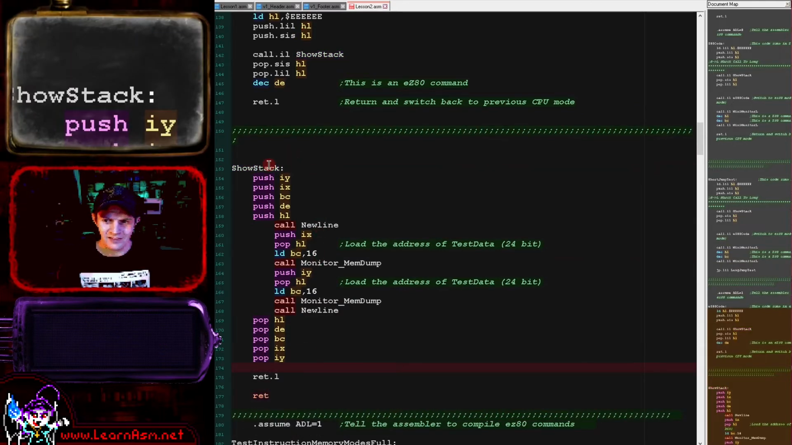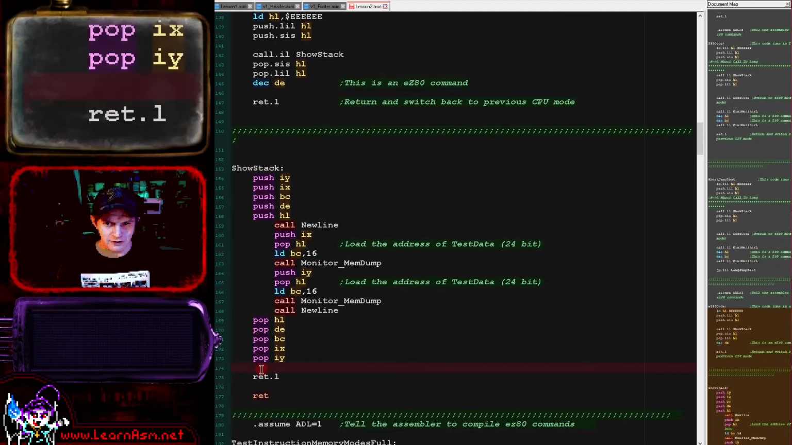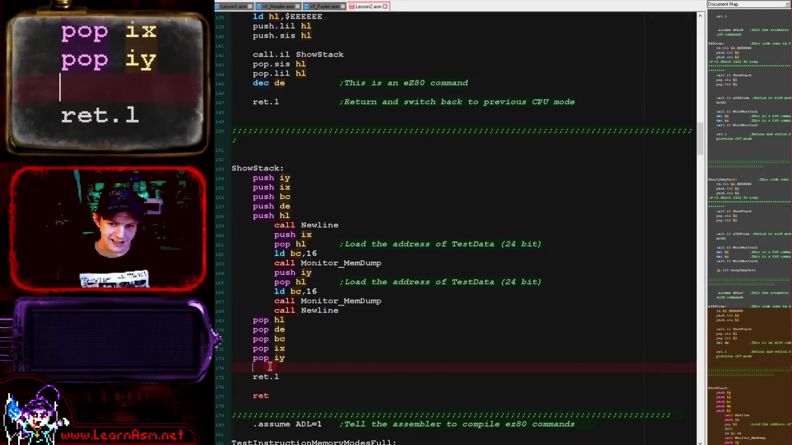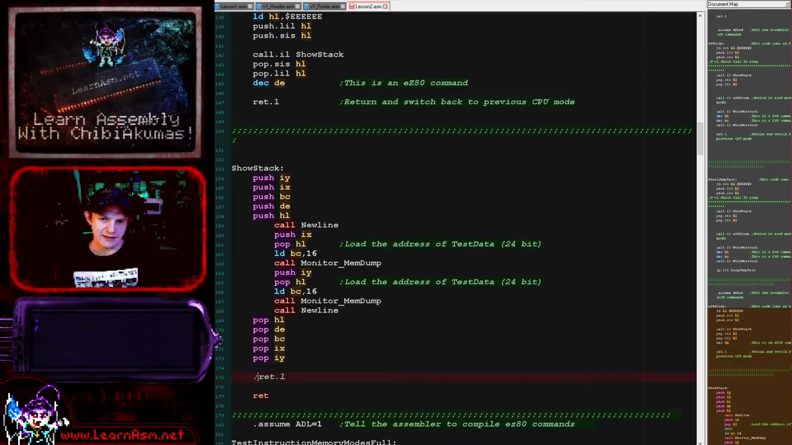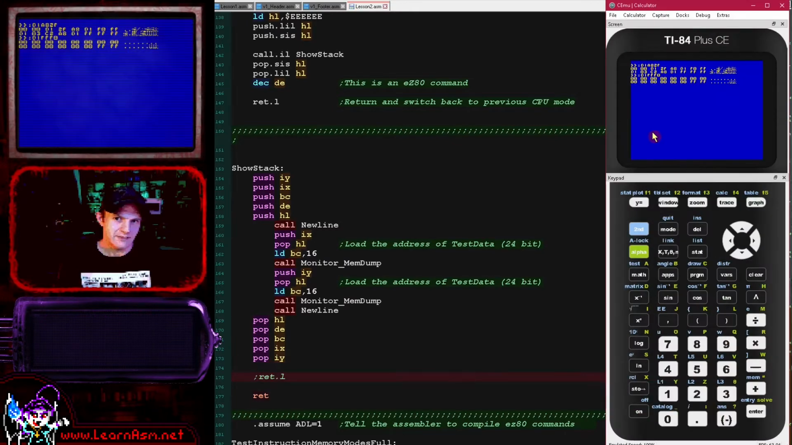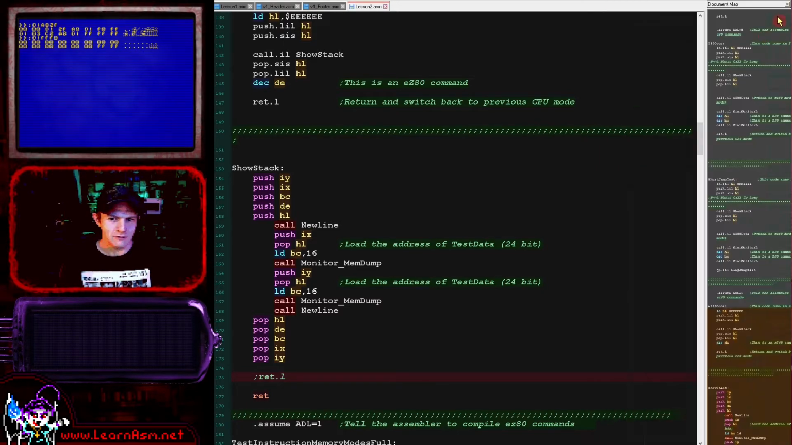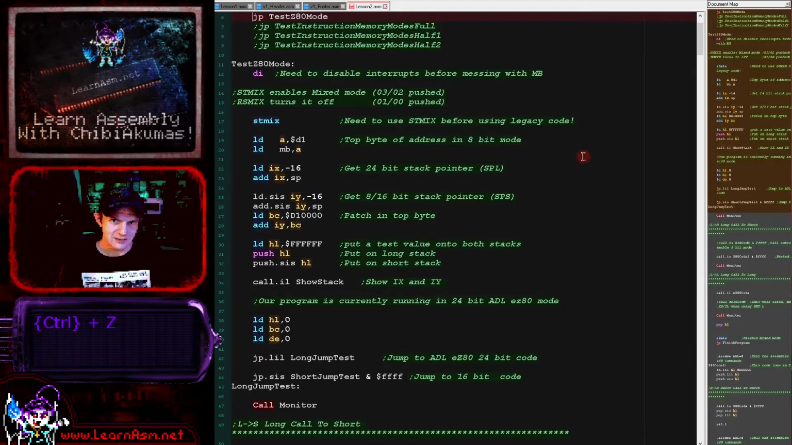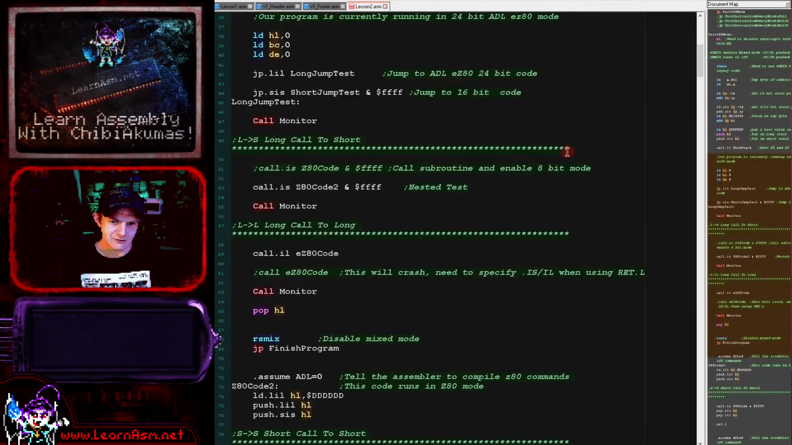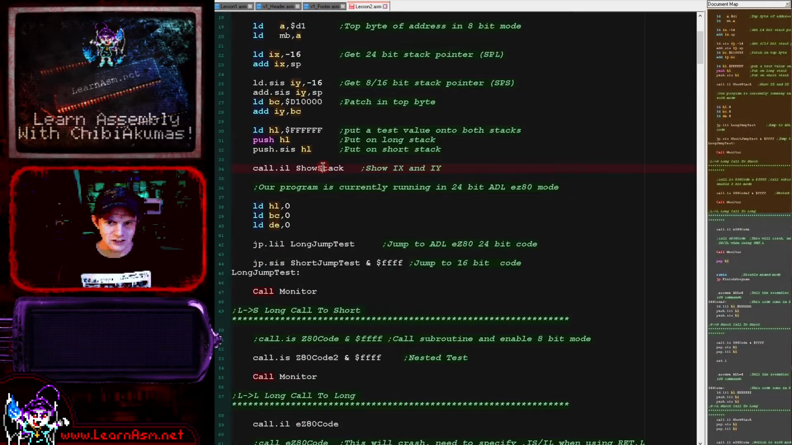Now you'll see at the end of show stack we have a return command, but it's not a normal return command, it's a return.l, return long. If we just put a classic return command, this will crash. The reason it will crash is because there is extra data being pushed onto the stack, which is going to reset the original processor mode. And so we need to make sure we're using the correct return command,